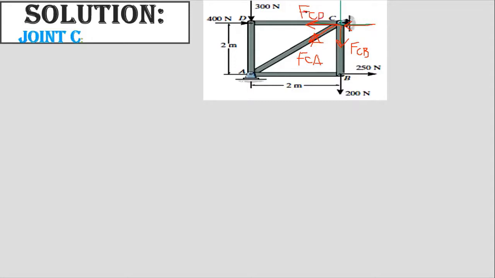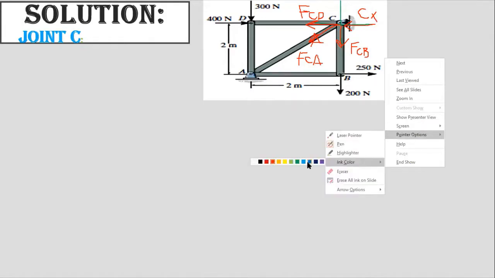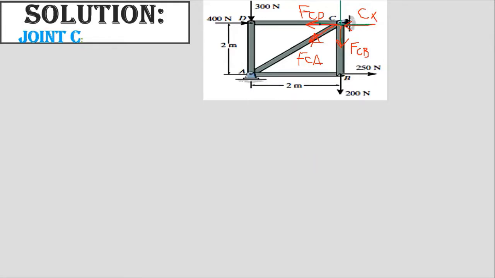So how can we do that? There is another force acting here, that is the support reaction, that is CX. One thing I want to tell you, we have to calculate the angle here as well, because there is an inclined force. For example, I need this angle. So I am drawing the triangle here, and this side is 2. Your vertical height is 2, given to you, and this is also 2. If I calculate this angle, I will be able to get this angle, because both are the same angle. This is theta, so that one is also theta.